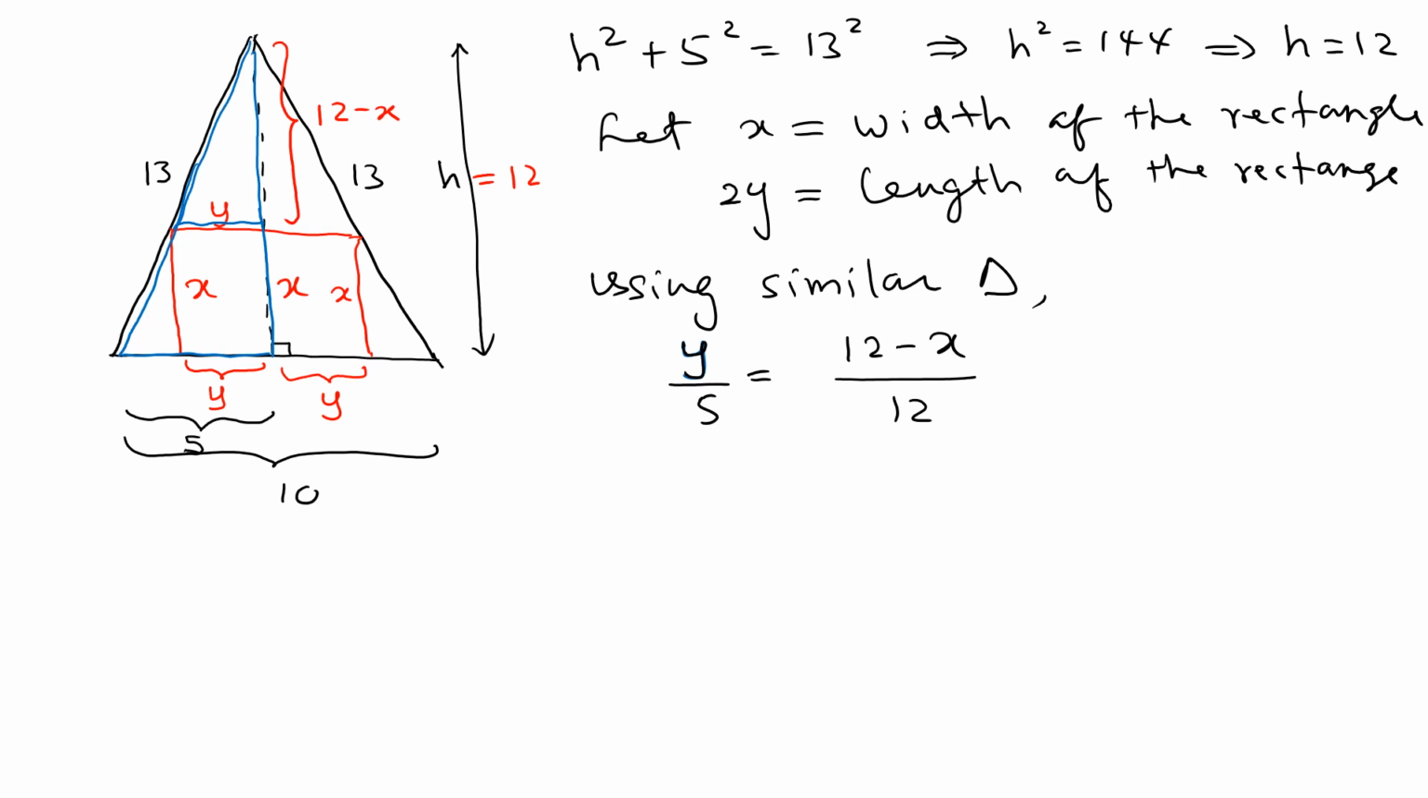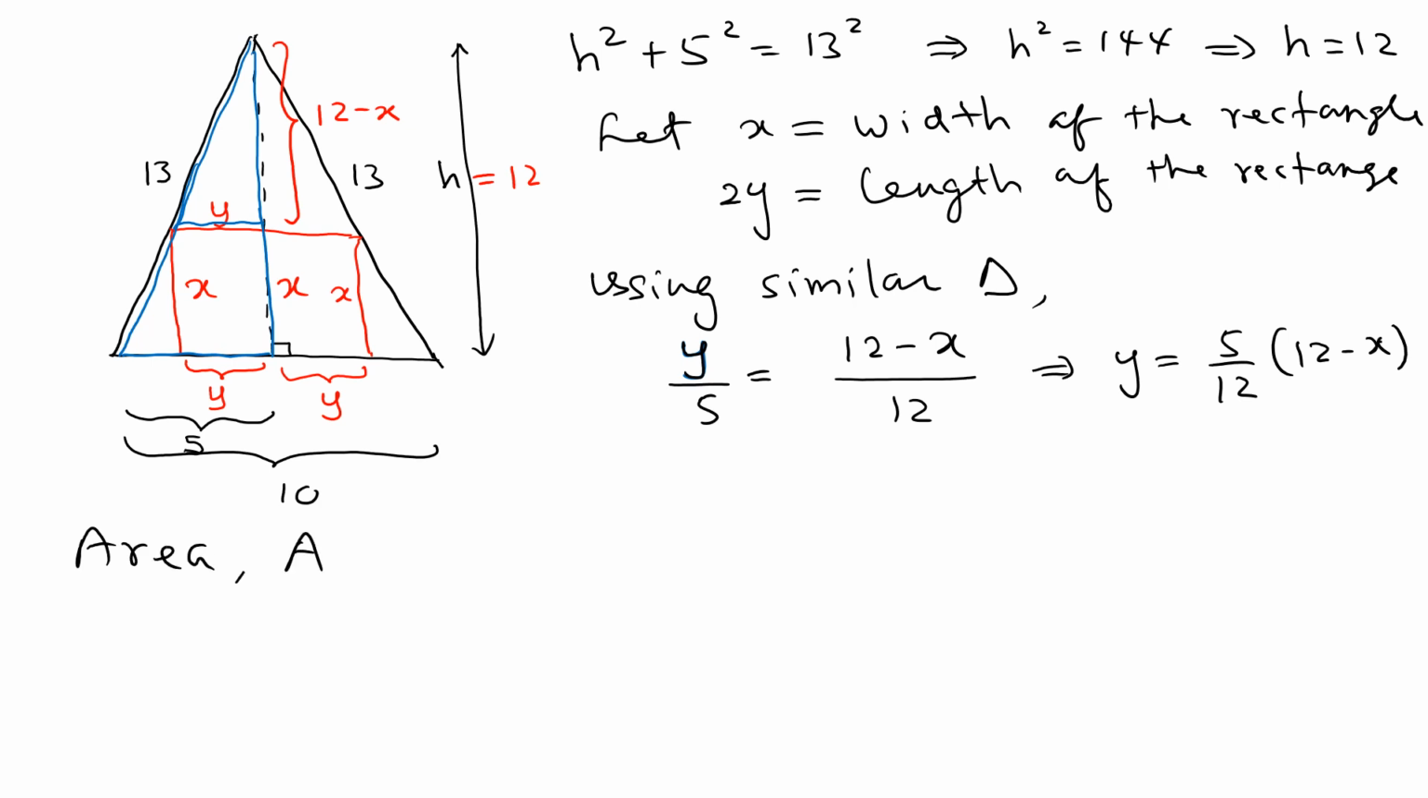So now we're going to simplify this one. We're going to solve for y. So you can see this is 5 over 12 times (12 minus x). That's what you get as a relation between x and y. So now let's try the objective function. So the area,